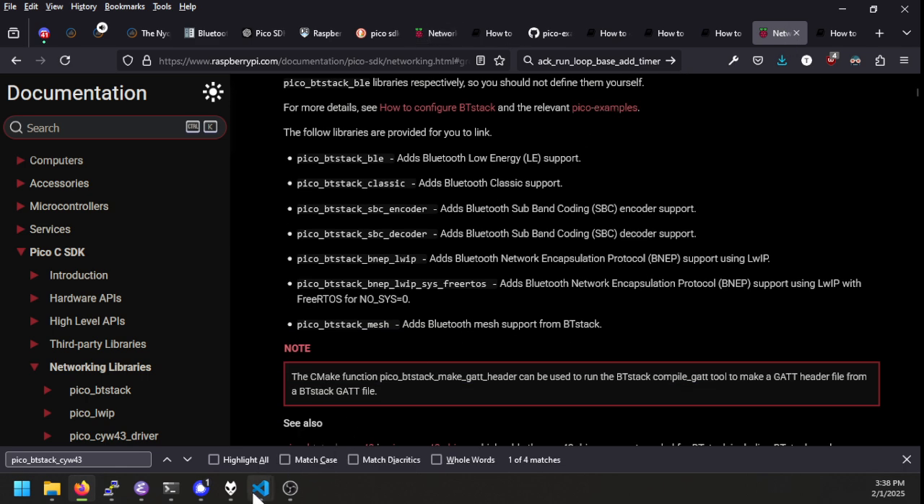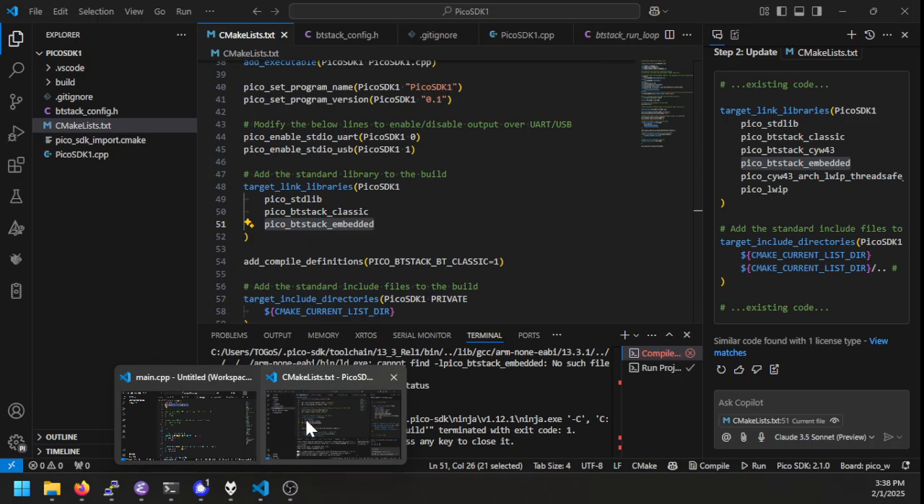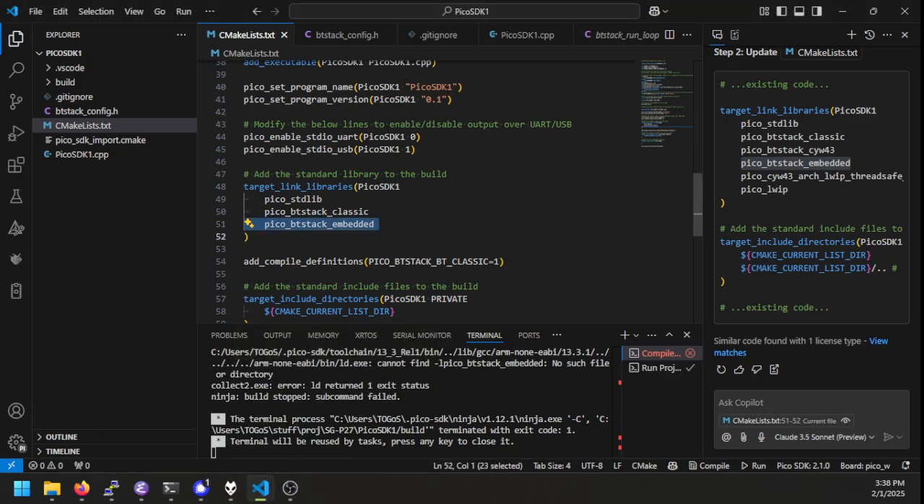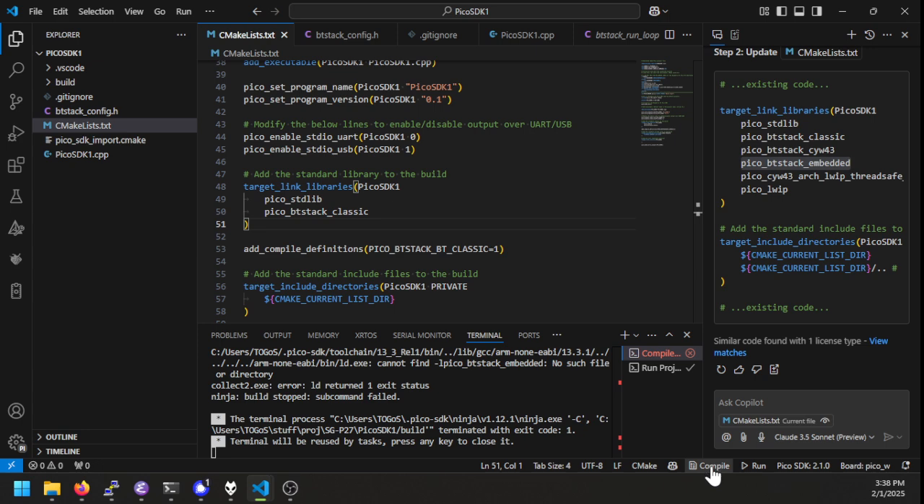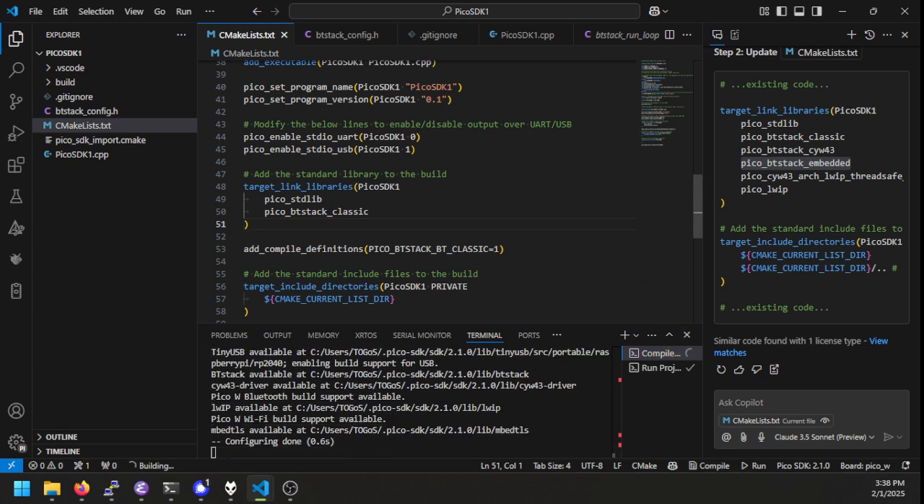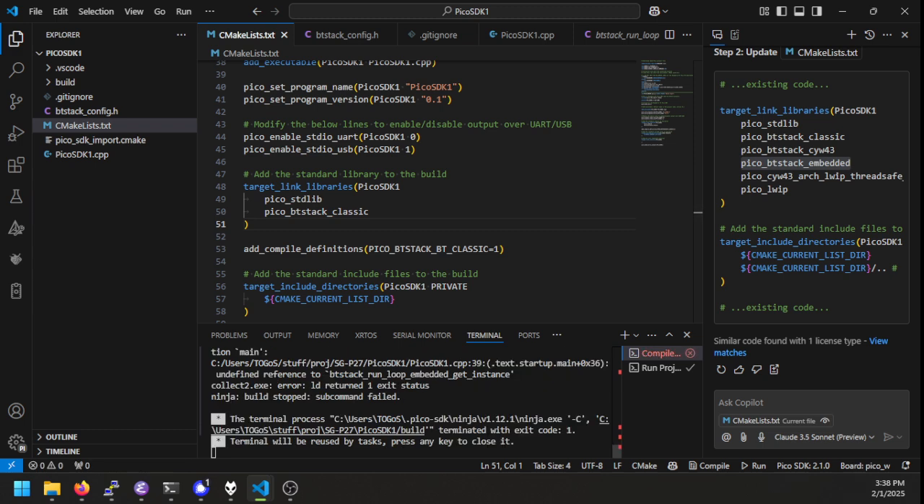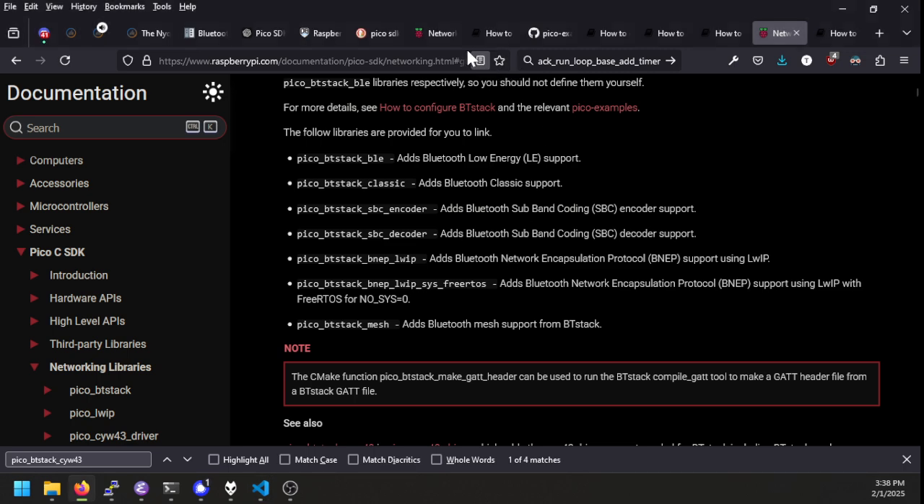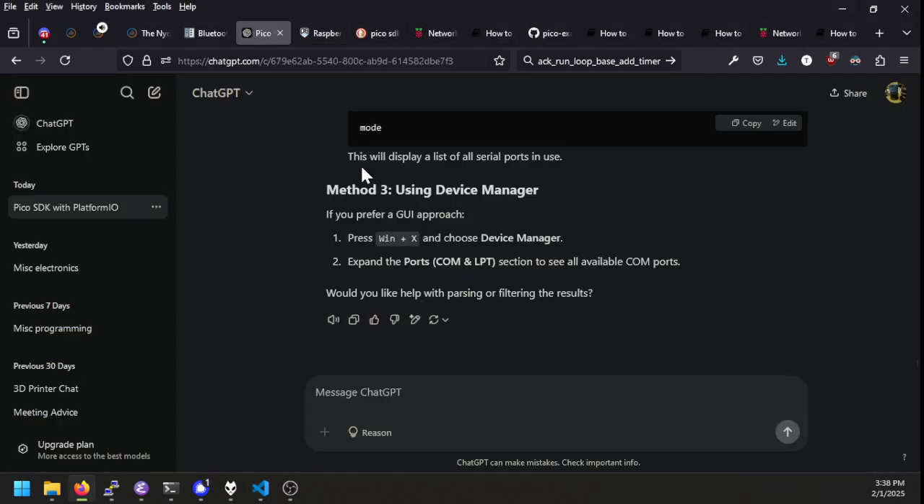Okay, I'm gonna do one more thing. If this doesn't work, it doesn't work. I'm gonna get rid of this again. I'm gonna compile it the old-fashioned way. And it says BTStack run loop embedded get instance. Have we already tried asking